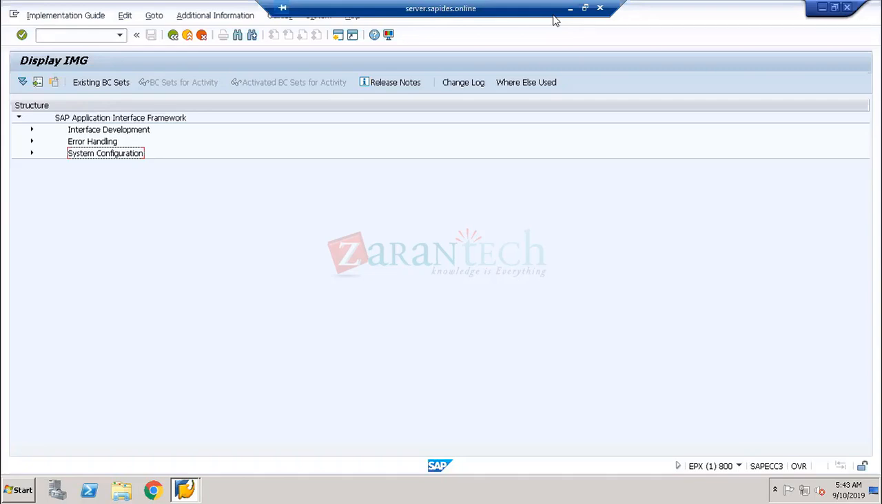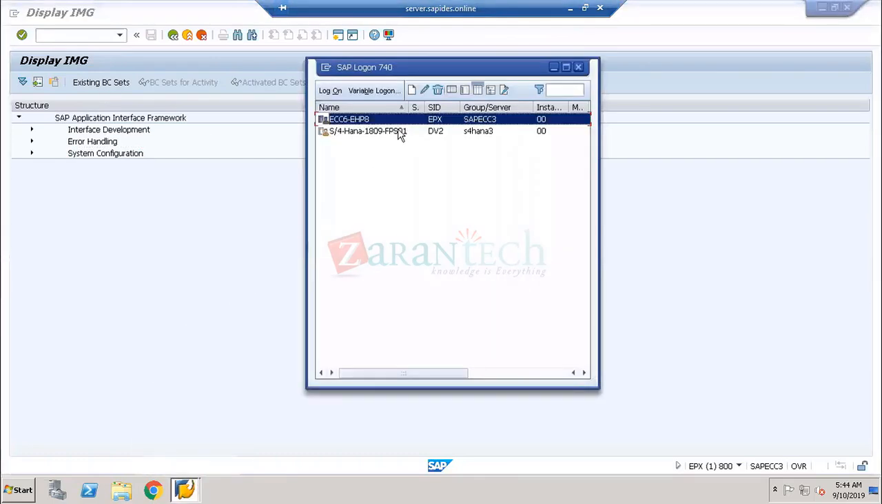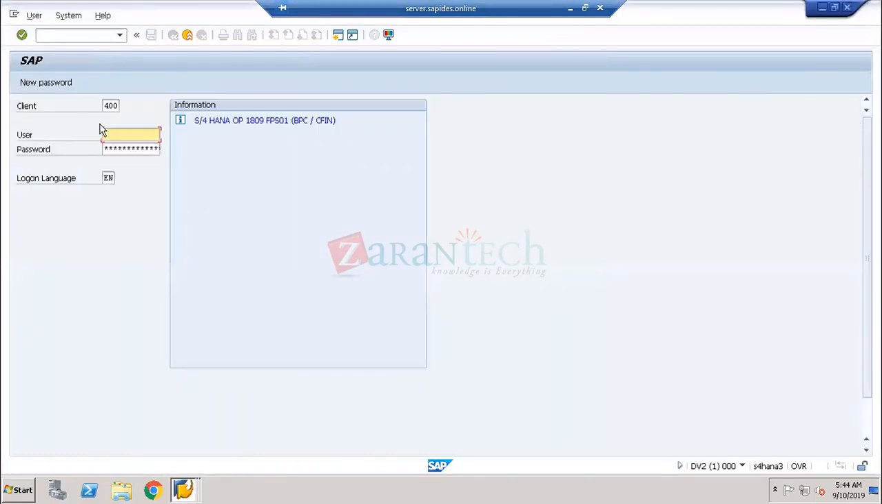Then I am going to come to the initial load. Initial load is something we are going to discuss more in Central Finance: how the initial load of the data is replicated from the source system to the target system. So it has to be done in both the systems. So if I go into another system,